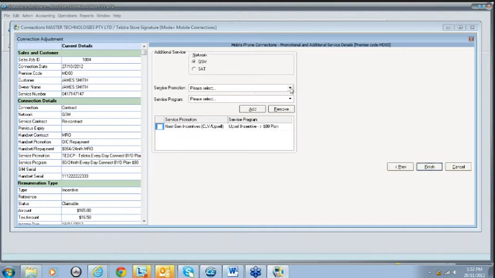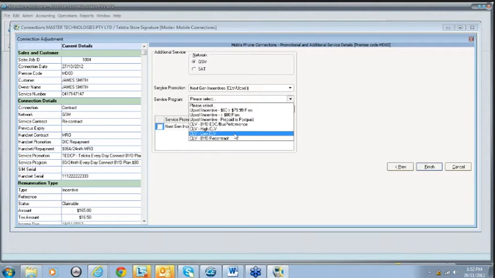We come in and we make that same selection. So whether you're adding to an existing one, but perhaps one was forgotten off at point of sale, or there was none in there, it's still the same method. You select the connection that it relates to, you click on the option connection adjustments, it will open up this dialog box, you will then tick add additional services if it's a brand new one for this one, or if you're making an amendment to something that was already there. You make your choice